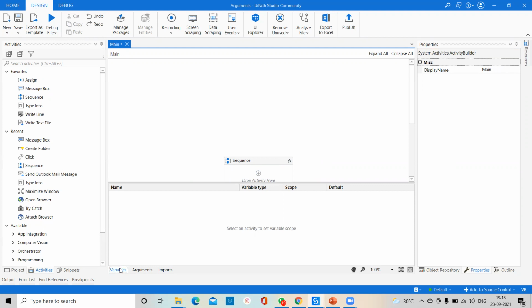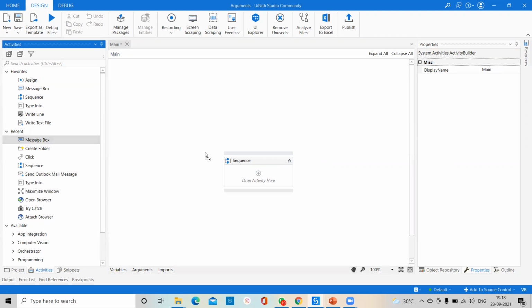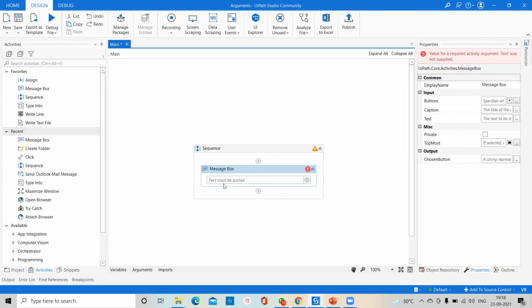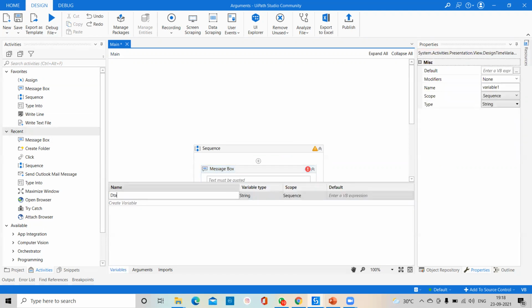Variable is mandatory. Without variable we cannot do anything. Come to the point. So this is a message box, and here I want to create a variable, so I will come here and create the variable like data. Try to understand, here we are creating this variable as data. Variable type is string, and scope is global, public and private. I will tell you about these things in depth also, but right now try to understand this. The variable name is data, variable type is string, and the scope is public and private, especially for your body. And default, here we can provide any data.